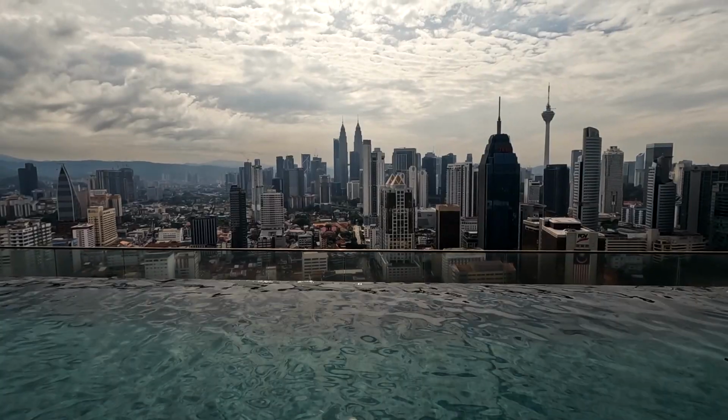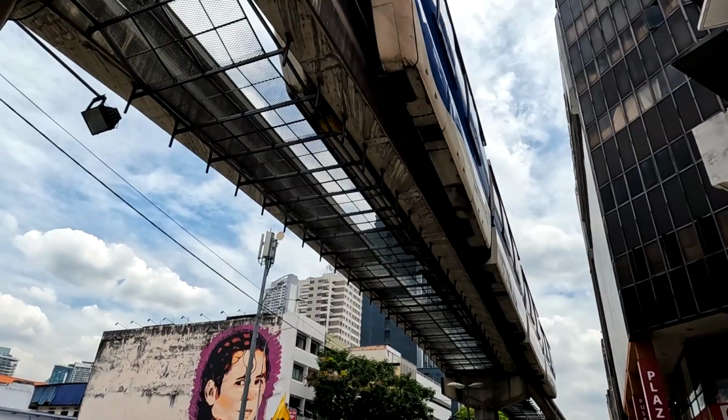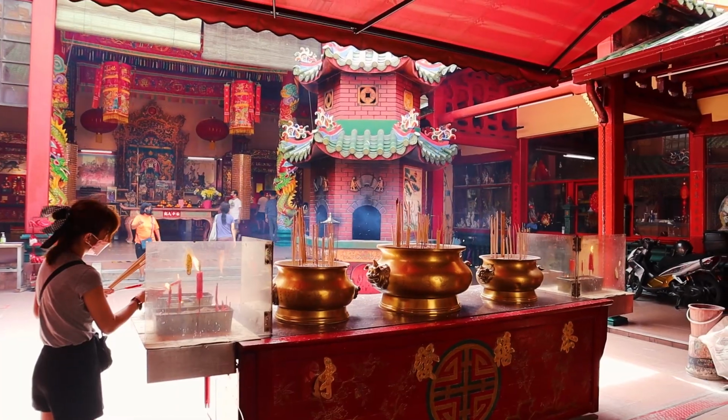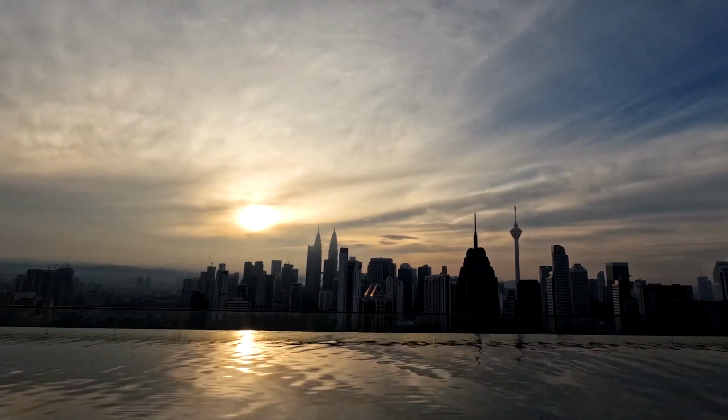Kuala Lumpur, where tradition meets innovation in a city of soaring towers and cultural wonders. After 1 week spent here, I am now ready to show you the best things to do in this underrated